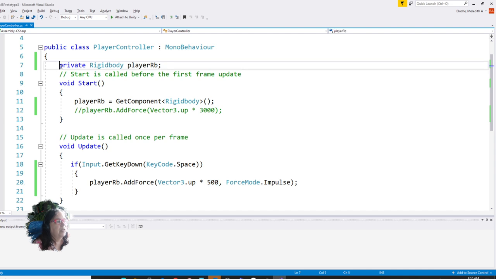So we know that when something is private, it's only within our game, or within our code. If we make it public, we can modify it within the game window. So we can modify it as we are working within our game, and then later make it private if we'd like to. So let's start by putting in a variable for our jump force, which is this number, and then